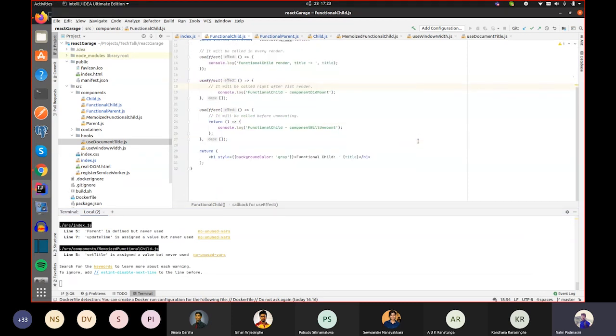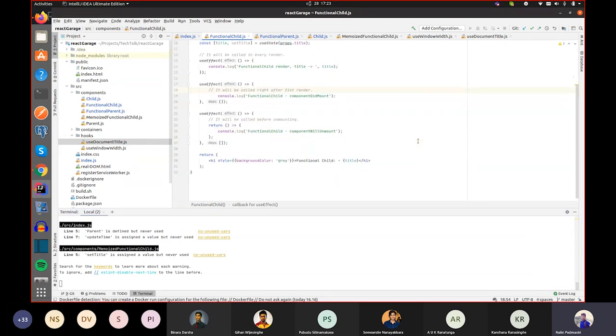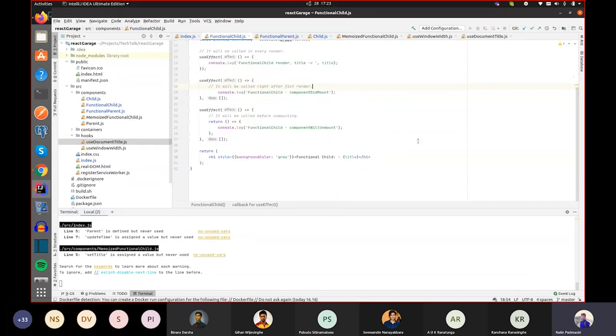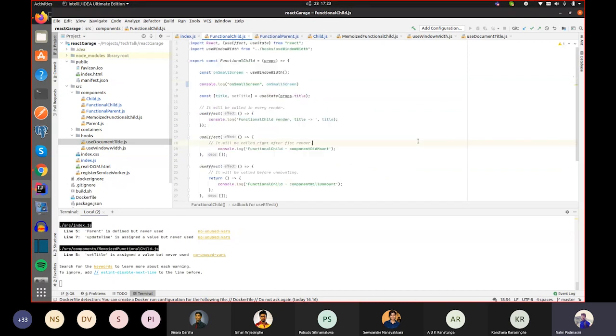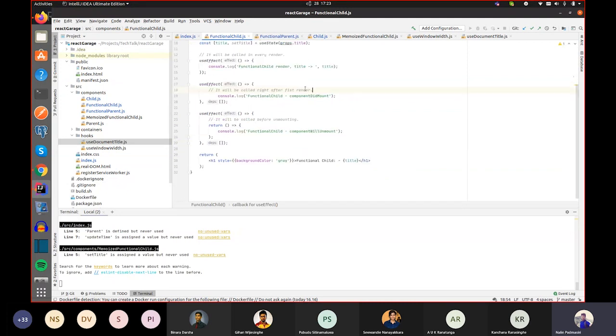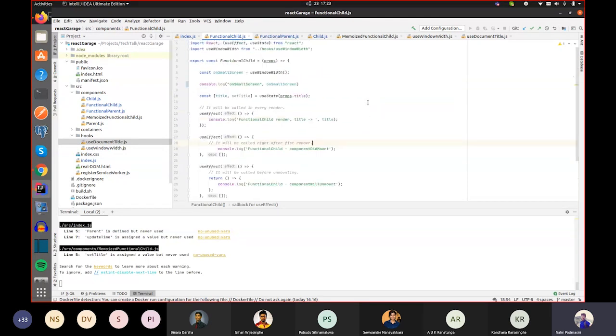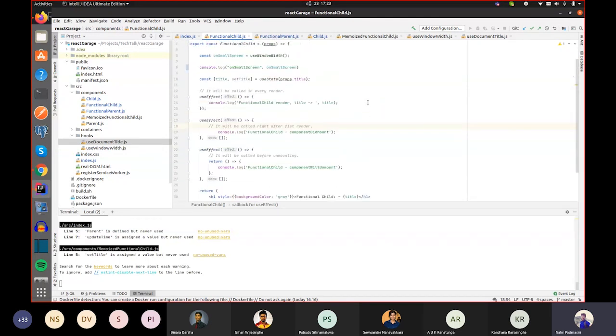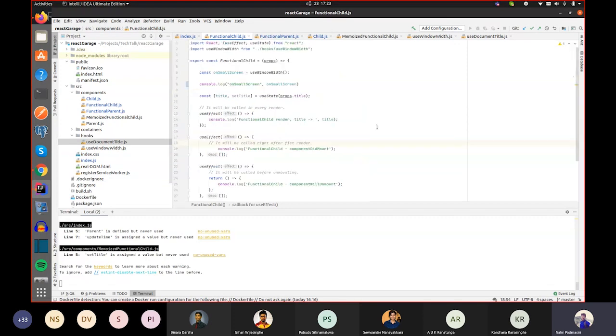Okay, so that's all for me to show for today's session, and I hope you understood the class-based components, the functional components and the lifecycle methods as well. If you have any questions now, raise them here, or if anything was unclear in my practicals, you can ask to clear those areas.